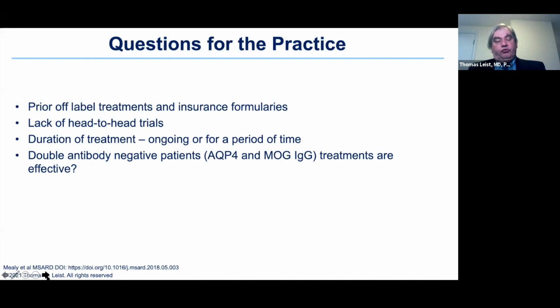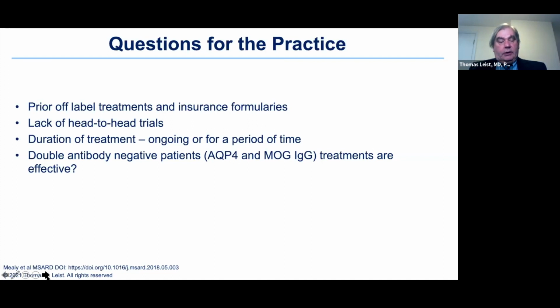It's also important to know that while each of these agents has proven its efficacy in clinical trials, there hasn't been a head-to-head trial, and I don't foresee that we will have head-to-head trials to evaluate the relative